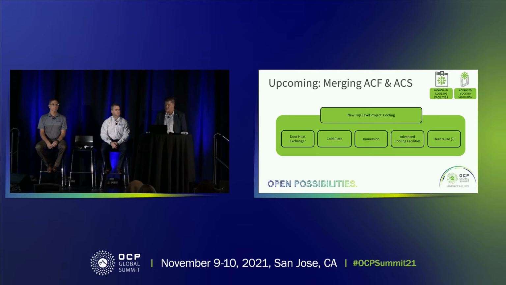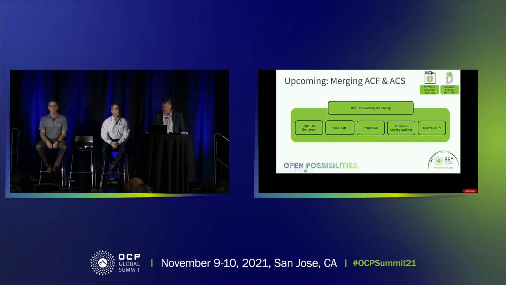But as you may recall from this morning, we have a new program coming down. For the past year, we had this program called Advanced Cooling Facilities, which was looking at the concept of adding liquid cooling to data centers. And we have these concepts of immersion, cold plate, and rear door heat exchangers, and we were trying to pull them together. We now have a new program announced this morning where we're having a cooling environments track. And there's three areas that you've already talked to: the door heat exchangers, the